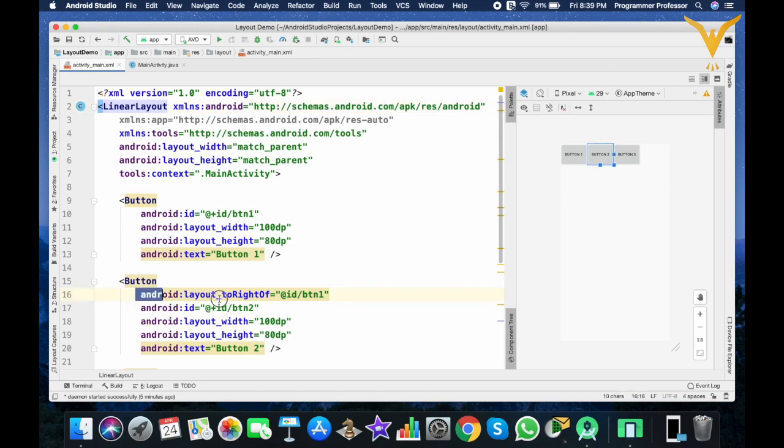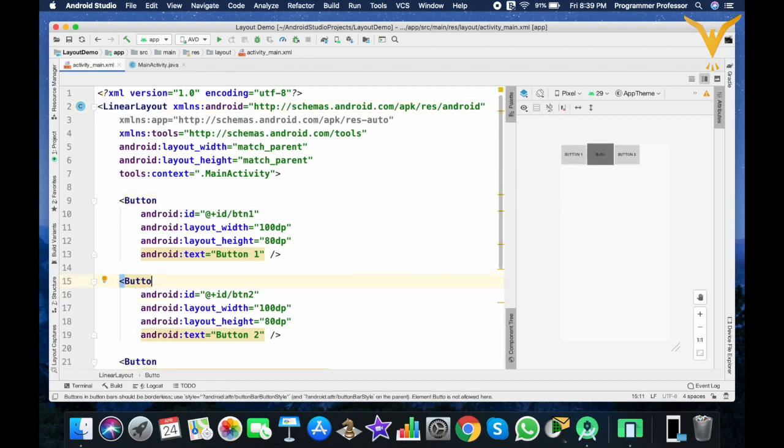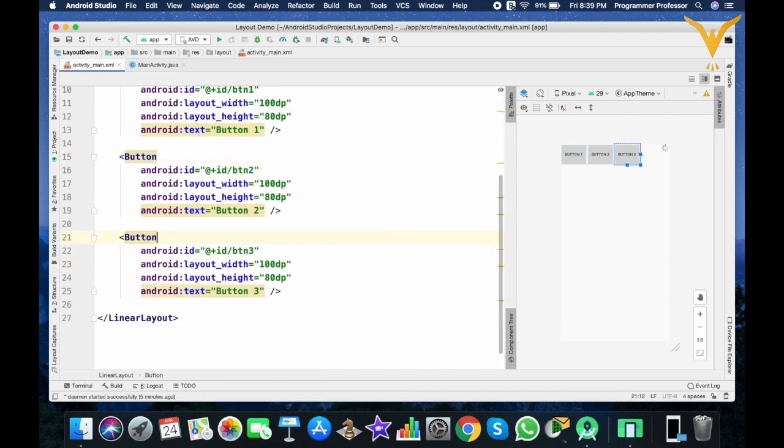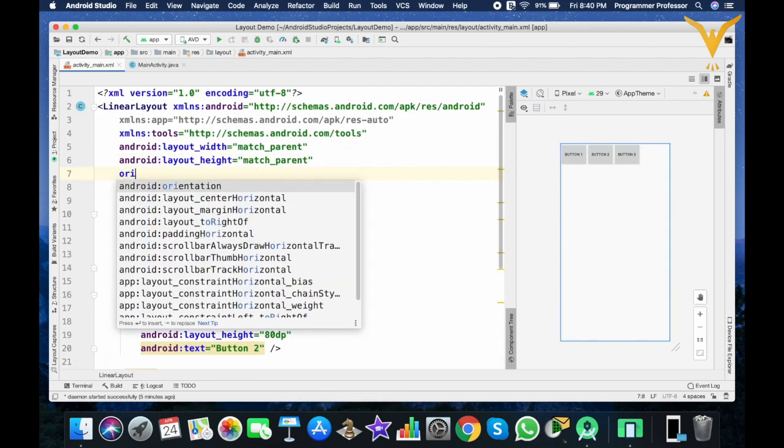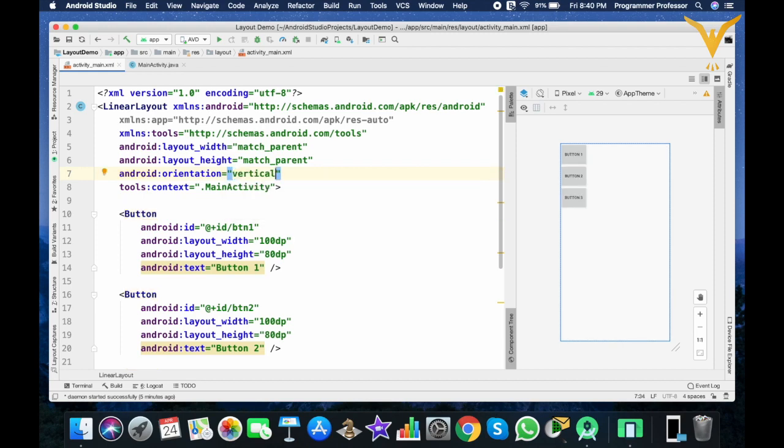So here these right-of options will not work. So let me remove this. So here change it to vertical. So all these options are under one by one. If I change it to horizontal, these options are arranged in linear fashion in horizontal way, and for vertical we have linear fashion in vertical. So this is how your linear layout works.